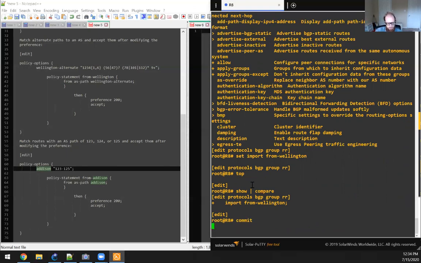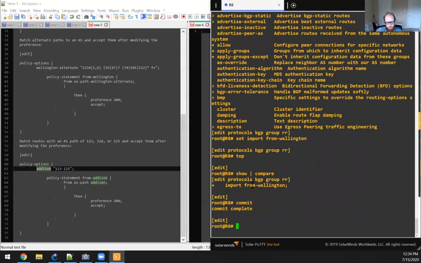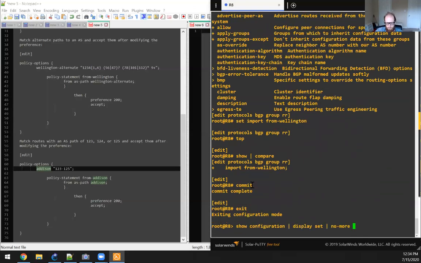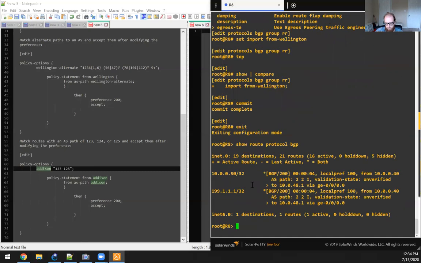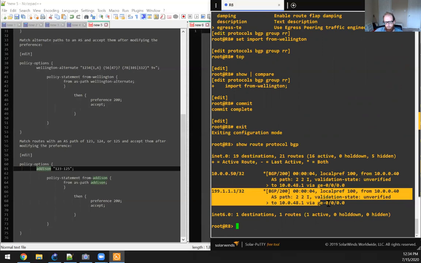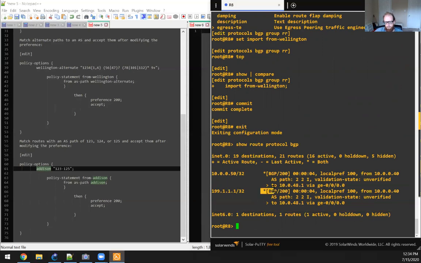So now let's see that it had picked the other route to be active. And there we go. When I do show route protocol BGP, not only is this one active, it's now the only route that has been accepted, because if we take a look at the routing policy again,